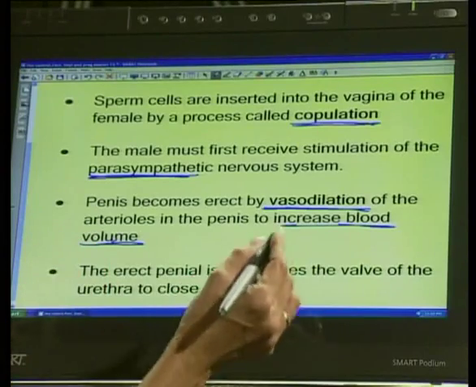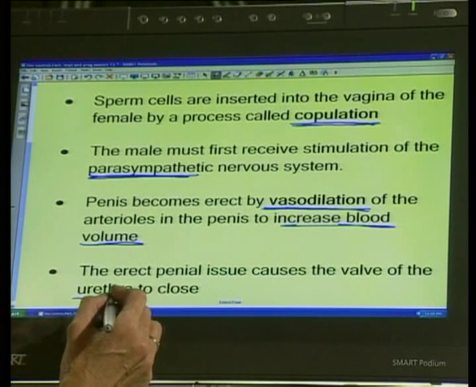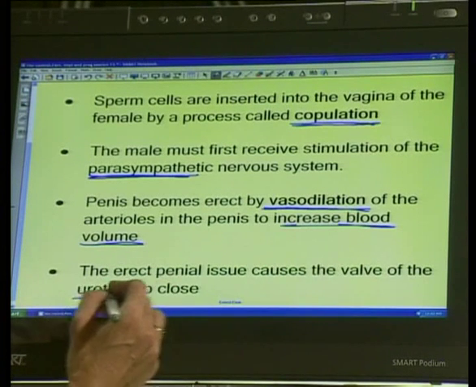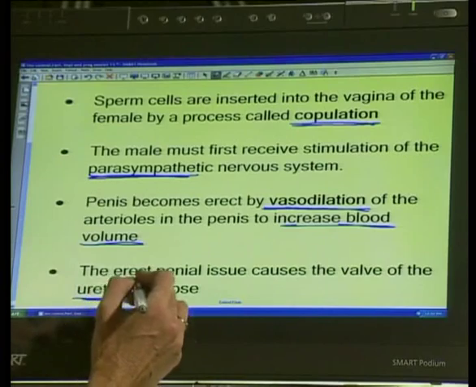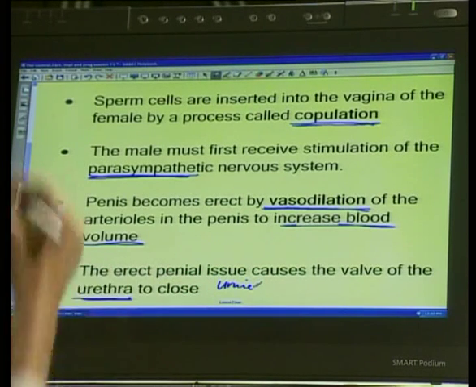The erect penile tissue causes the valve of the urethra to close. Why would that be important? What do we get through that urethra? Okay, it's the valve of the urethra to close. That closing of the urethra is because we don't want urine. So it's the urethra high up